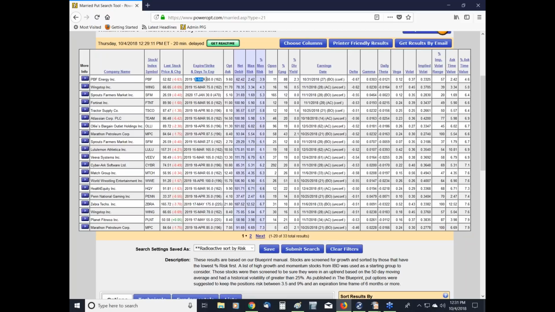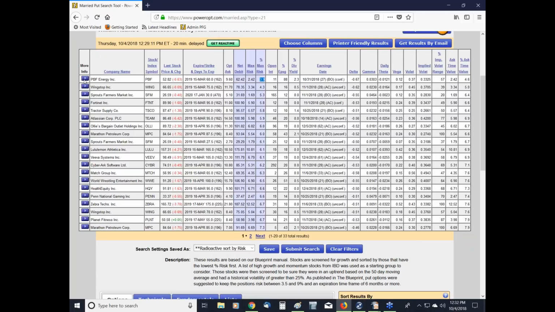I could buy the March 60 put for $9.60. Okay, so it's a debit of 62.42 on a stock trading at 52.82, and the risk is a little bit on the low side, isn't it? It's at 3.9%. Now the next thing I would do is I'd go over here and take a look